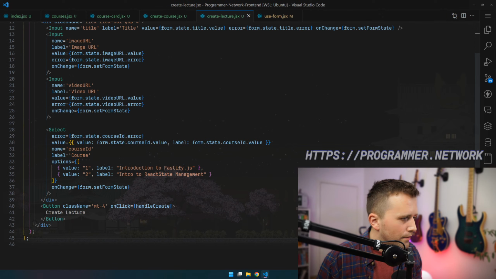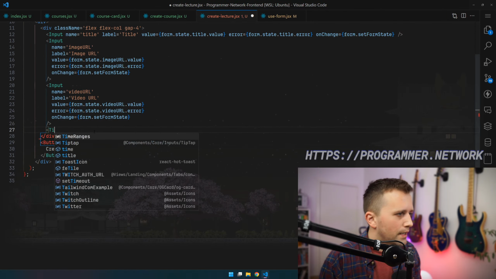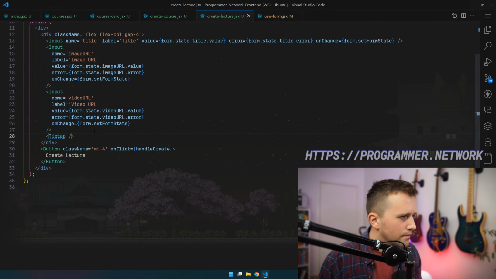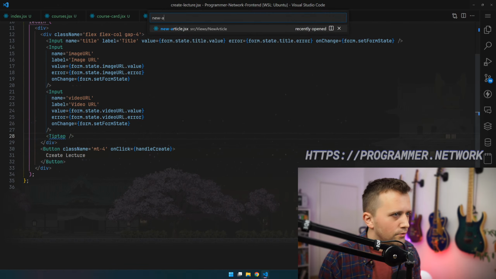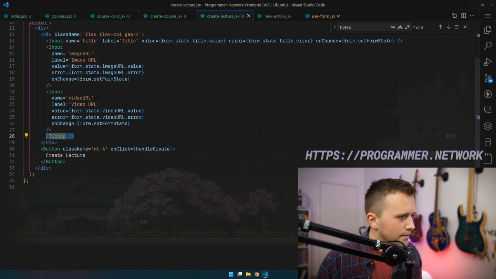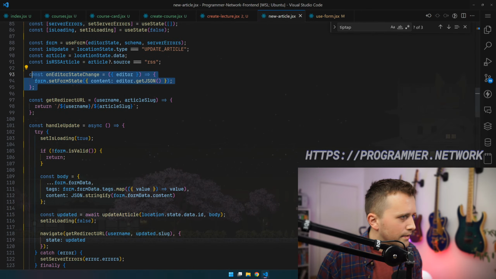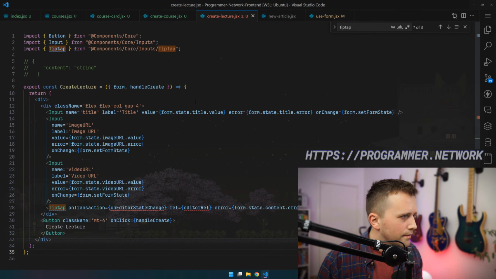And lastly here, right, we're gonna have the content, which is gonna be our TipTap editor, right? So we're gonna actually say TipTap here. And then if I go to new article, for example, I can find TipTap here. And then I can pretty much kind of do stuff. I don't actually remember all of this. Building this as a single person is not easy, I can tell you that, right? And then here we can